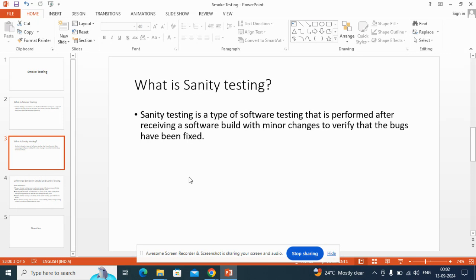If I give a simple example, sanity testing is done after smoke testing. For example, for smoke testing, if we are building a house, we will check the basic things of that house, like doors, windows, all these things. But when it comes to sanity testing, we will check the tap, the light in the home, the decor, everything. So this is a simple live example which is related to building a home.